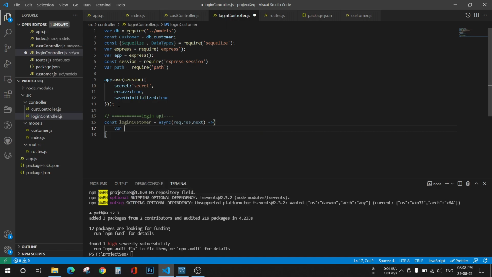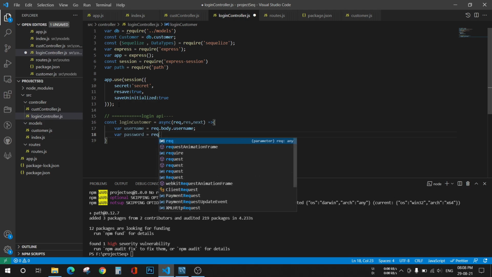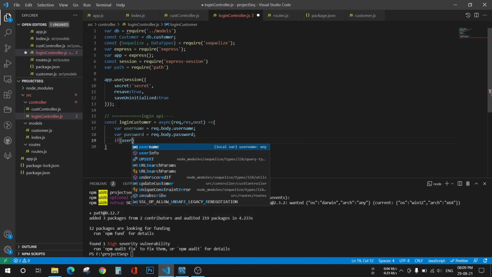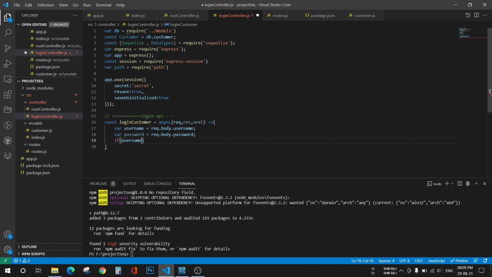So where username equals request.body.username, and password also request.body.password. Fine. If username and password, if the user gives the username and password,